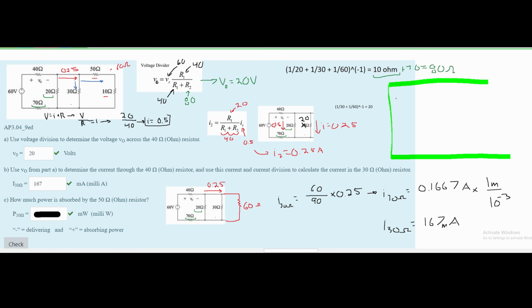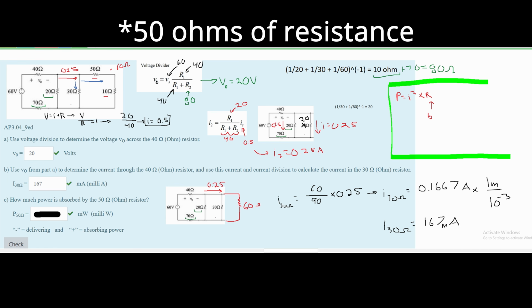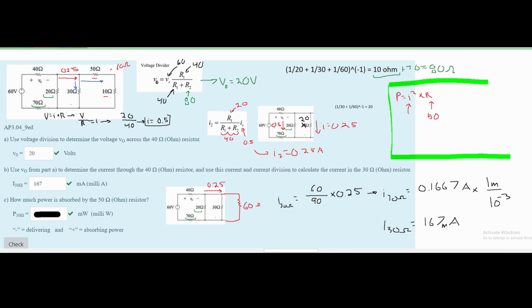We have a couple different power formulas. However, since we know the current going in through here, and we also know the resistance, what we can do is use the formula where our power is equal to I squared times resistance. We know that our resistance, because the question is asking us, is 40 ohms of resistance. We know our current is going to be the current going in, which is 0.25, minus the current that's being split over the 30 ohm resistor, which we found to be 0.1667 amps. If we do this, we're going to get